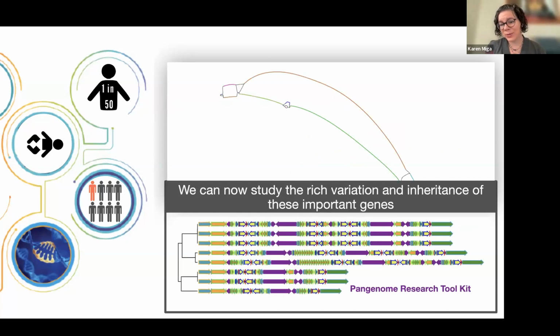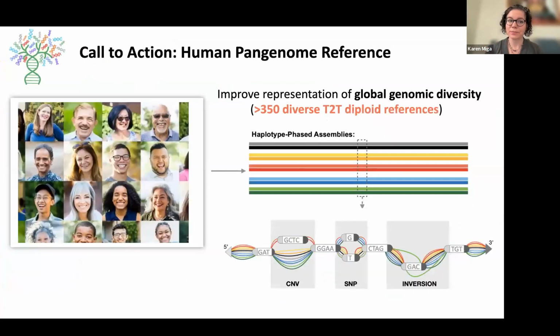And so by taking toolkits like I'm showing here, developed by Jason Chin, where we have the Pan-genome reference research toolkit, we can begin to study the organization of this SMA locus, even as you go through pedigrees. Here I'm showing you a 3-generational pedigree. We can begin to look at the complex organization across. And so once again, it's